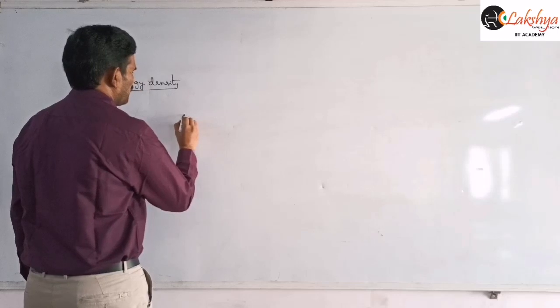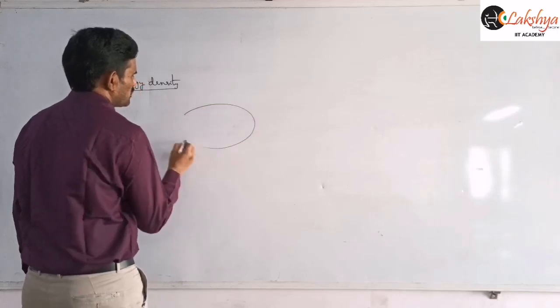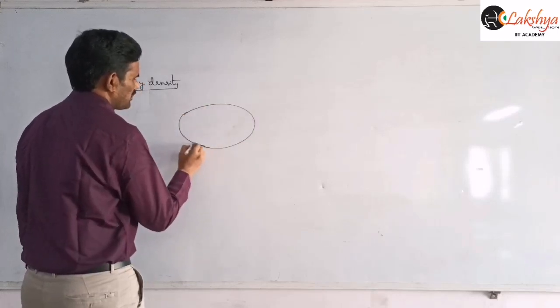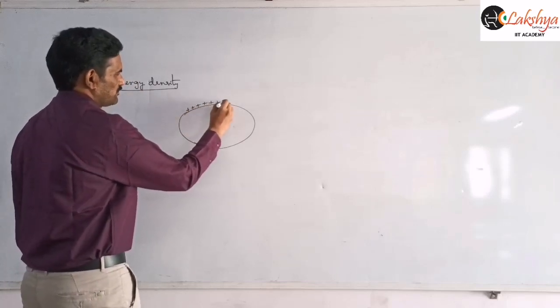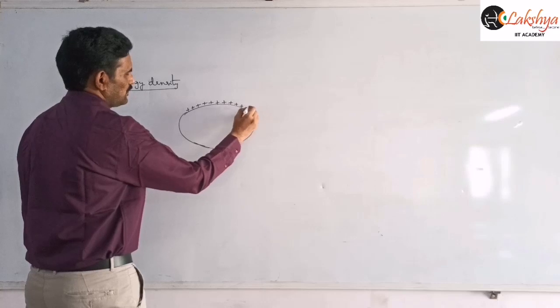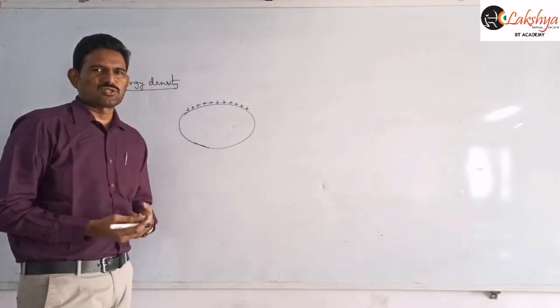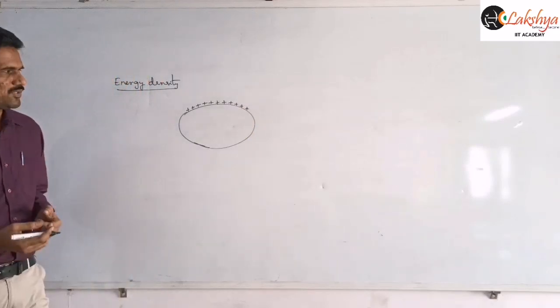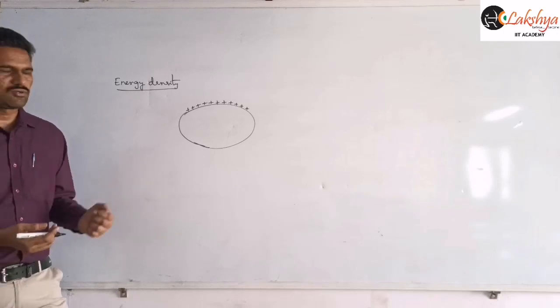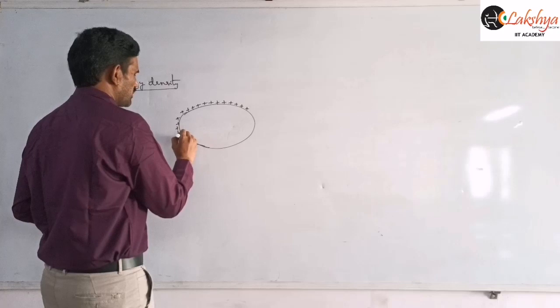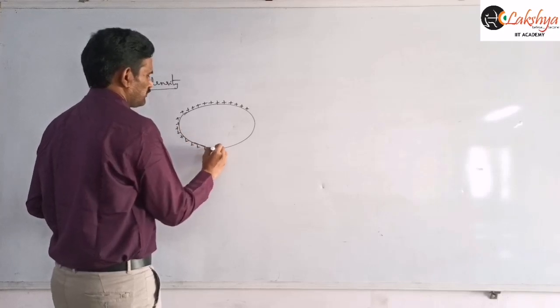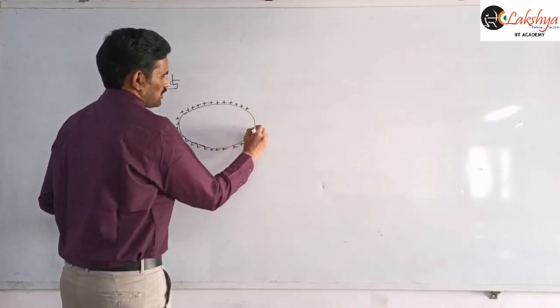Suppose I am taking a flexible object having some surface charge density sigma here. Flexible object in the sense which is free to expand or contract depending on the situation, like our soap bubble, like our previous problem soap bubble. So it is having some surface charge density here, right? Let's suppose that surface charge density is sigma.